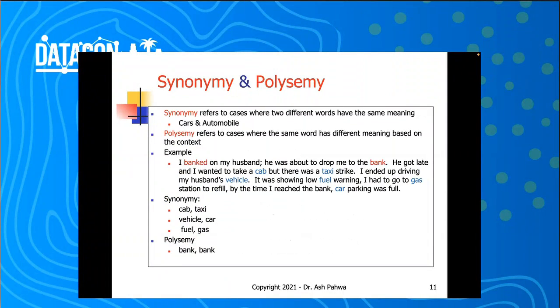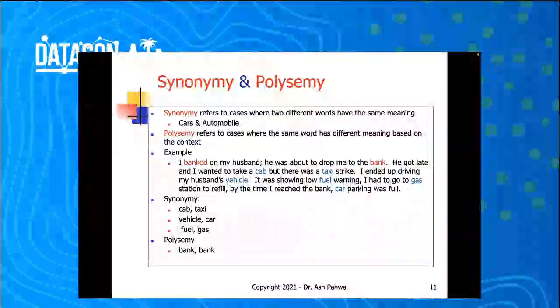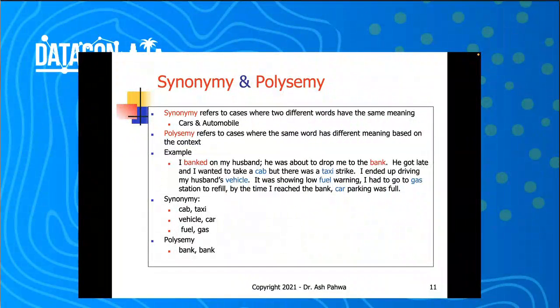Okay, so there are two things which happen in the English language. The first one is called synonyms, and the other one is called polysemy. So what are synonyms? Two separate words may have the same meaning. And polysemy basically means one word has two separate meanings. Polysemy is the one which creates a real headache for everybody, because how are you going to handle that? So I'm going to read this sentence to you.